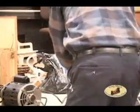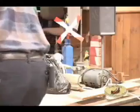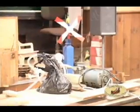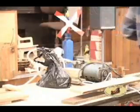We'll take this one and put it on the side. I brought all sorts of pumps to show you what you can make them out of. Just about any compressor can be turned into a vacuum pump. Now, those pumps cost you a couple hundred. What's that cost you? This one here,